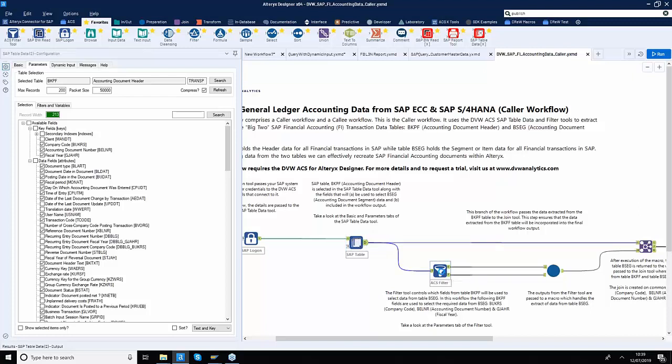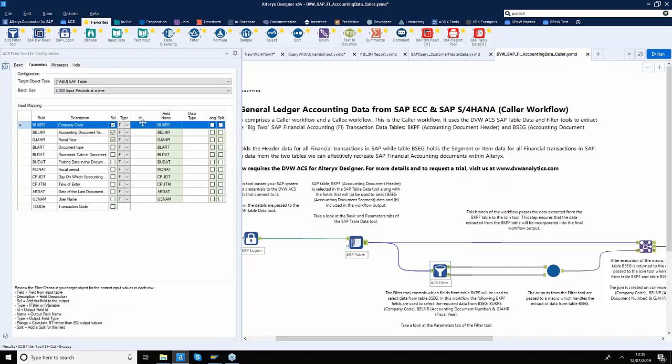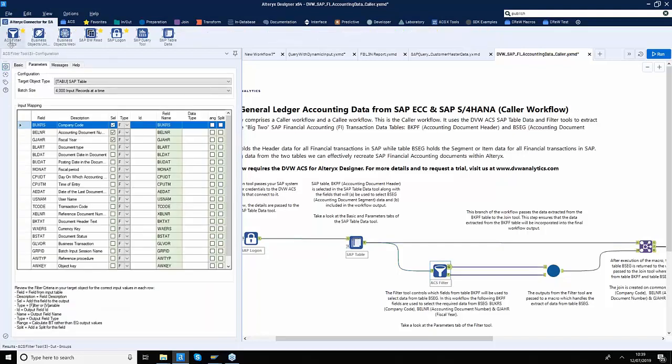So we have a specialist tool that comes a part of your license is called ACS filter tool, and that says out of all the document numbers or the output coming from my first tool, I will actually divide that into batches of 4,000 each. So just take an example of, let's say, even 50,000. In that case, we will have roughly 13 iterations to make. We are going to target these 3 fields in my second table, and this is the macro that Alteryx provides.